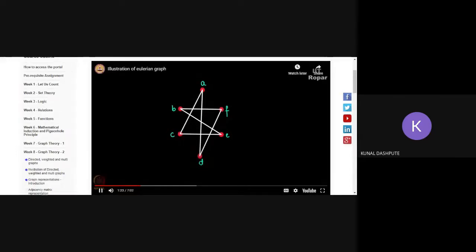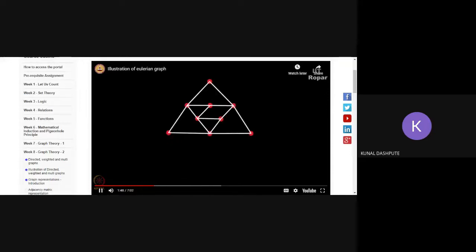I have to go through all the edges and come back to A. So I go from A to C, C to E, E to B, B to F, F to D, and D to A. Yes, we have covered all the edges and we have obtained an Eulerian circuit. This graph is Eulerian.